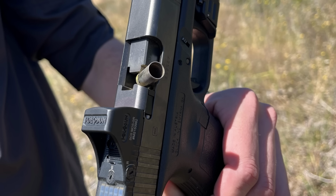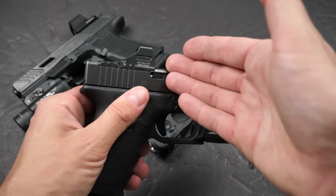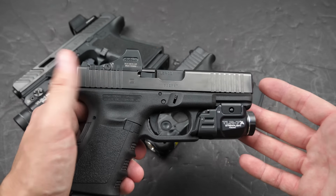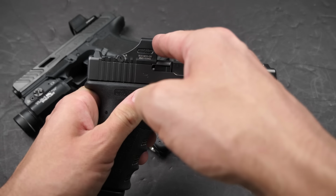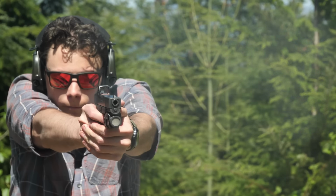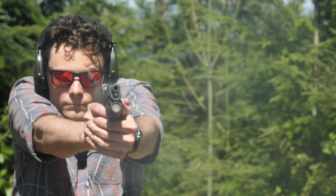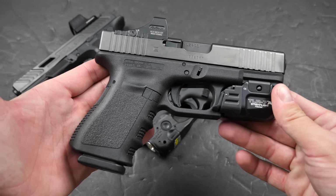What seems to be happening is the rounds that eject straight back on a normal iron-sighted Glock would just eject backwards into the operator's face. Annoying, stupid, unnecessary, but not really a critical issue. When there's an optic here, they start to eject backwards, hit the optic, and go straight back into the action. So I was getting a lot of stovepipe malfunctions once I put the slide on without changing any other parts. So we took a completely functional Generation 3 Glock, put a factory Gen 5 style slide onto it, and broke the gun. But there is a pretty well-established fix for the Generation 3 Glock ejection problem, and that is